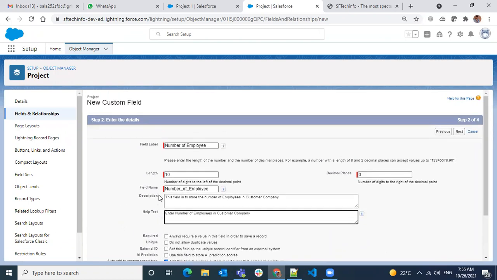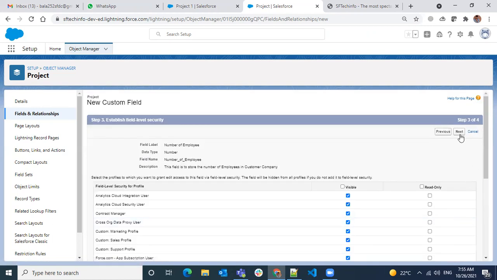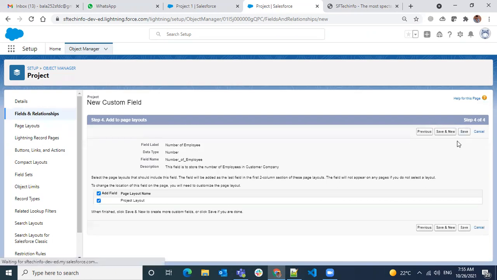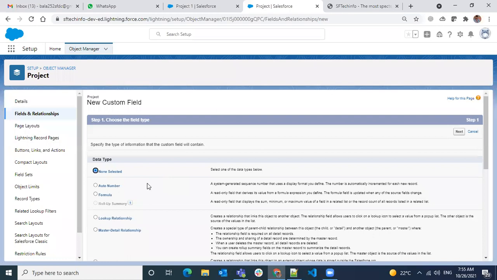Not required field. So this is a number field. Number field also will be an external ID. Okay, and then doing the next. Okay. And then more field.